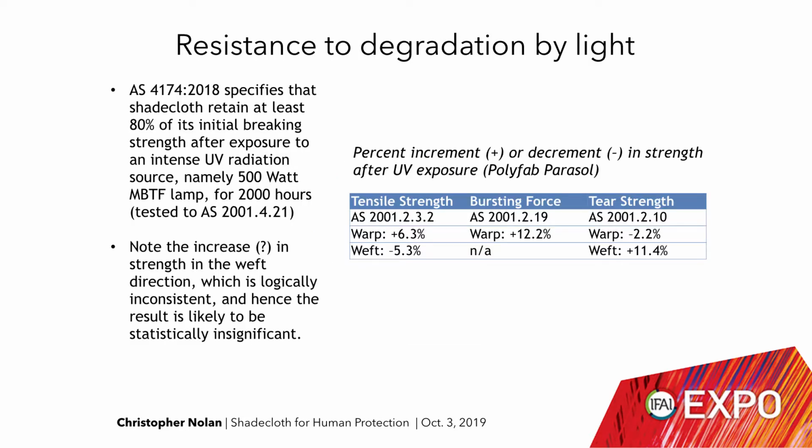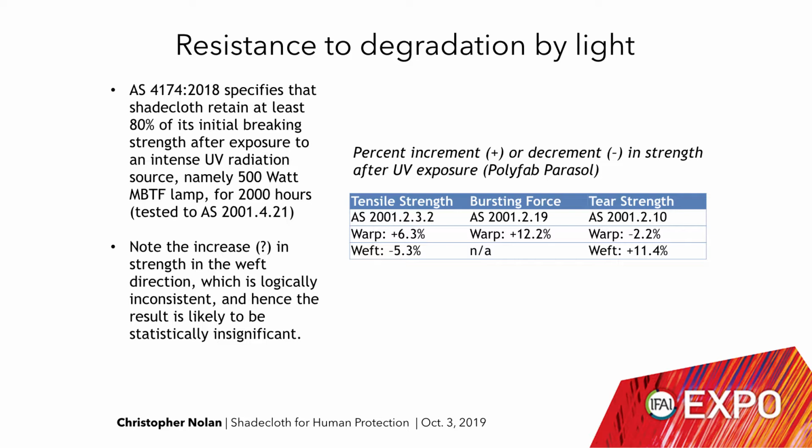Now let's look at resistance to degradation by light. Unfortunately, ultraviolet not only causes damage to skin, but also affects the characteristics of the cloth. It reduces its tensile strength and also causes colour fading. Now we did some tests before and after for a 325 GSM shadecloth, and did tests for tensile strength, bursting